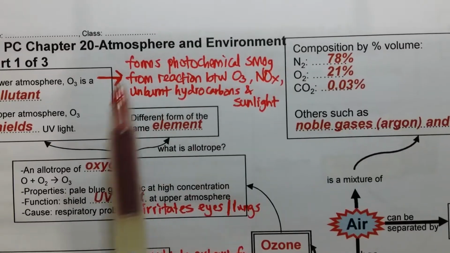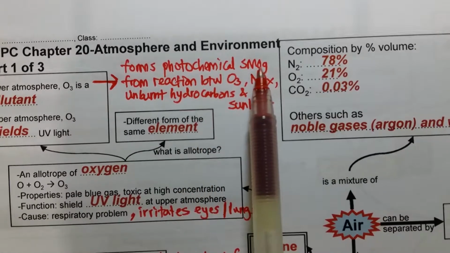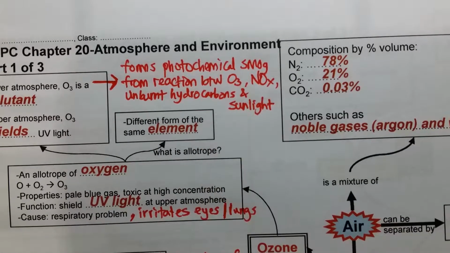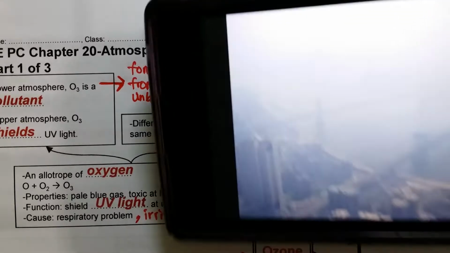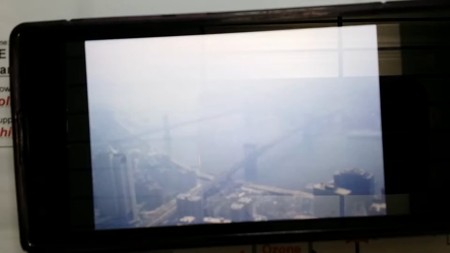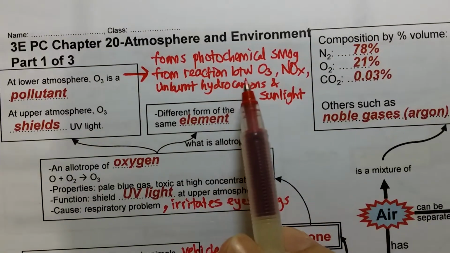Now, ozone at the lower atmosphere can form photochemical smoke. Okay, now what is photochemical smoke? Basically, it looks something like this. It makes the sky look very blurry. Now, what is it actually? It is a pollutant, whereby it is formed from the reaction between ozone,